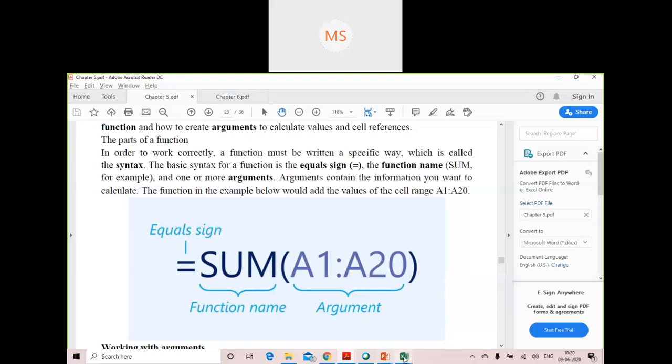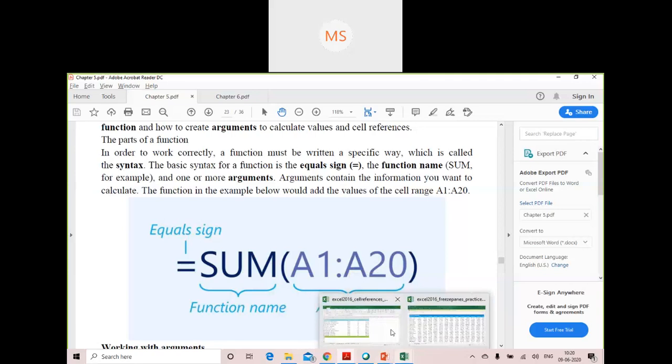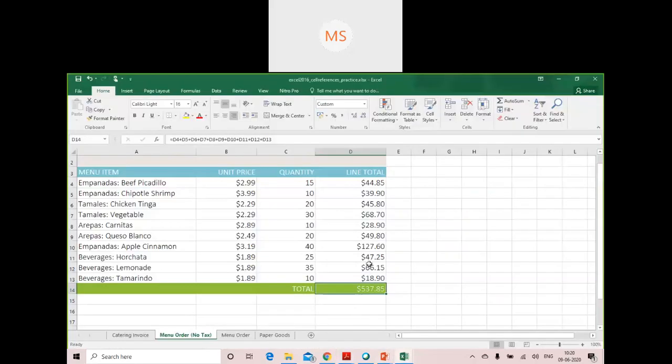I would like to show you an example in this particular case. Here we have calculated the total by making use of the plus operator. I'm using that operator on each and every cell to add their values. Now instead, if I don't want to do that, I can simply write SUM.